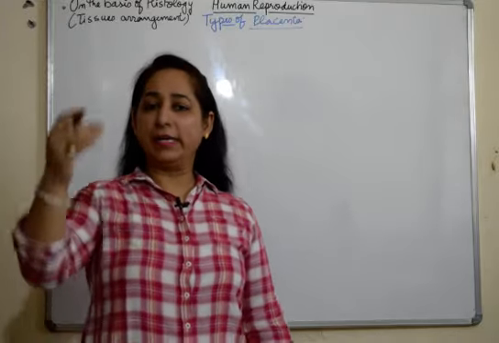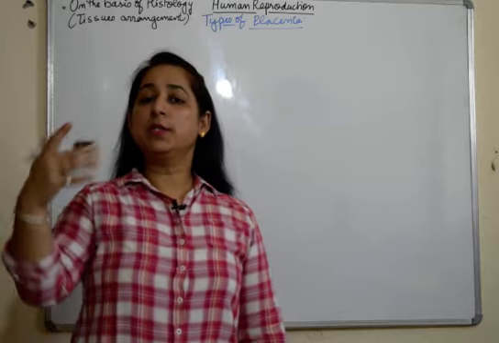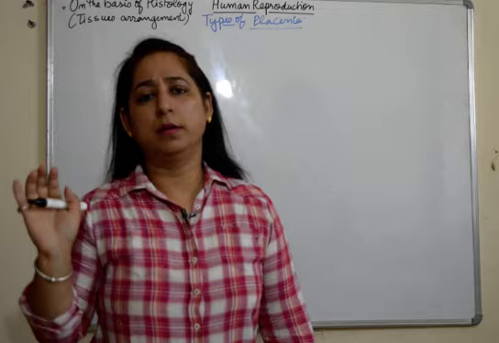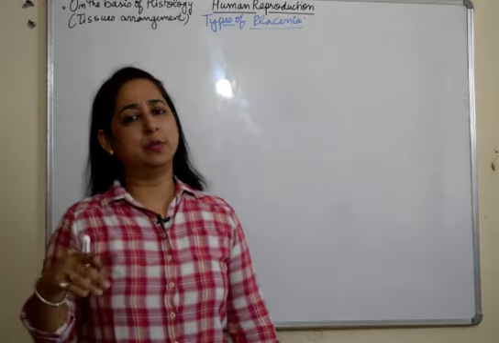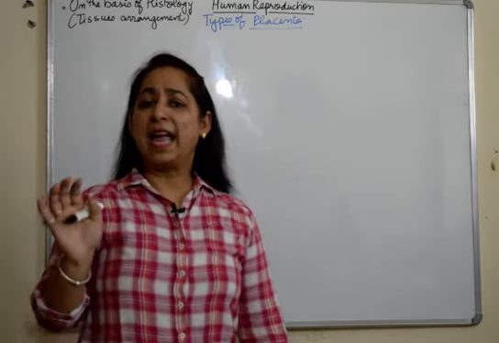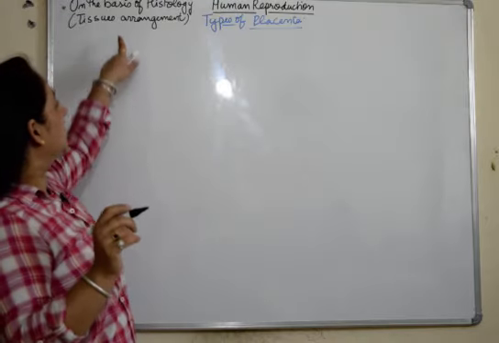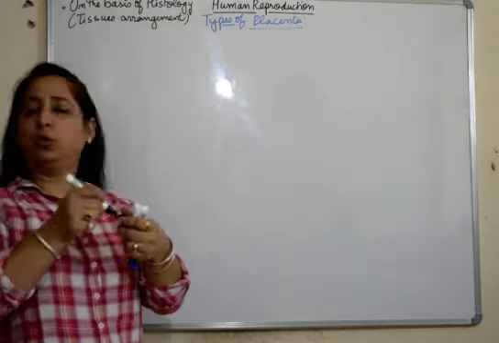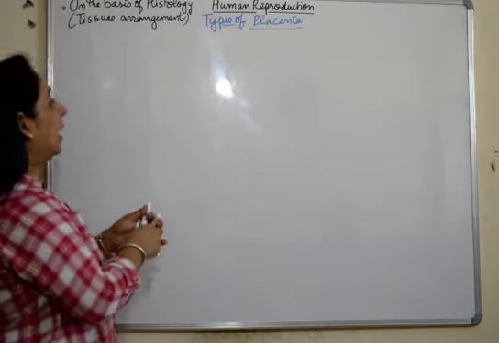In the next part you will get the different other divisions on the basis of layers present, on the basis of behavior during parturition, on the basis of villi present. But in this video we'll specifically talk about the tissue arrangement, the most important type, and a little descriptive also. So we'll start with it.